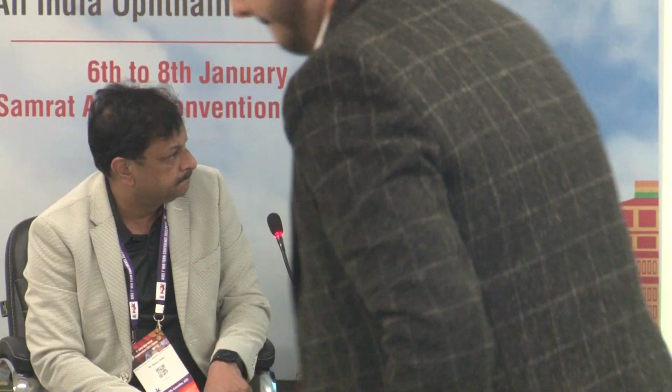There's nothing wrong with the hypermetropic eyes. This material is so malleable that the haptics, even if they're folded or kinked a little more, maintain a very good shape inside the bag. So I'm not concerned about the hypermetropic side of the axial lens. On the myopic side though, if the wide to wide diameter is 12.5 or more, then I would be a little concerned, and particularly if it's a high cylinder, I would explain to the patient that you might not have